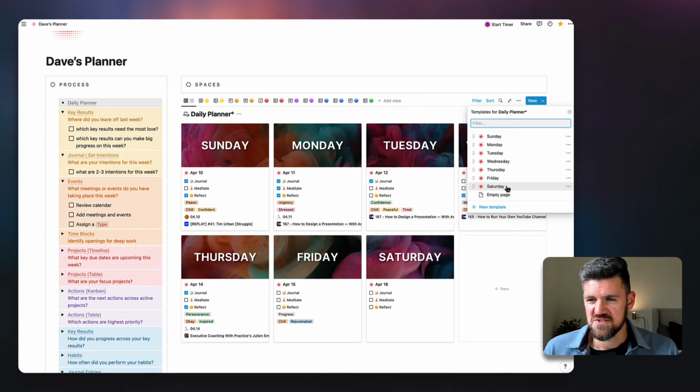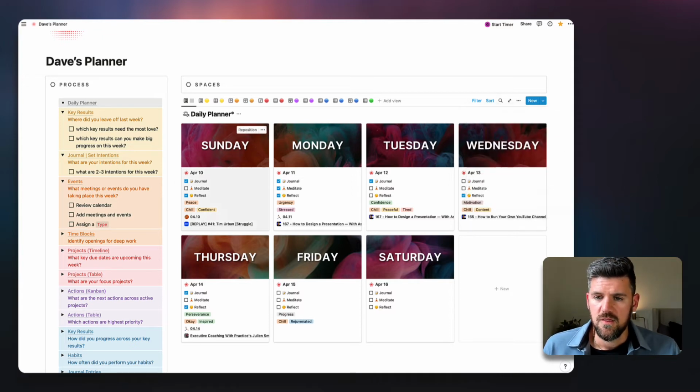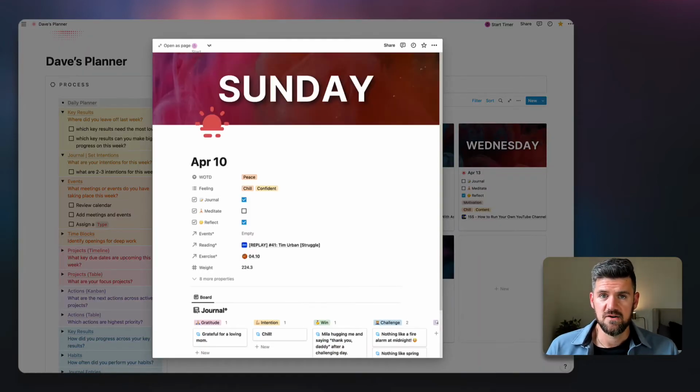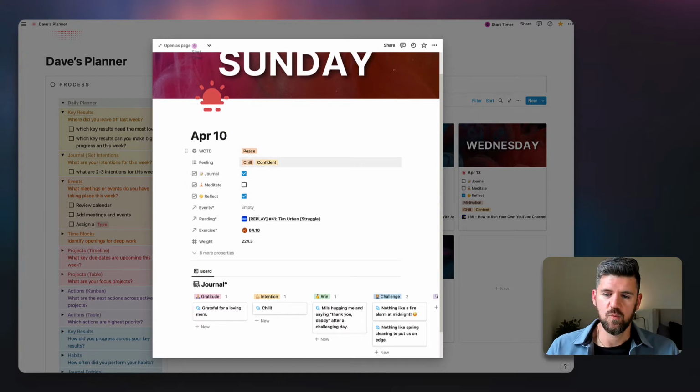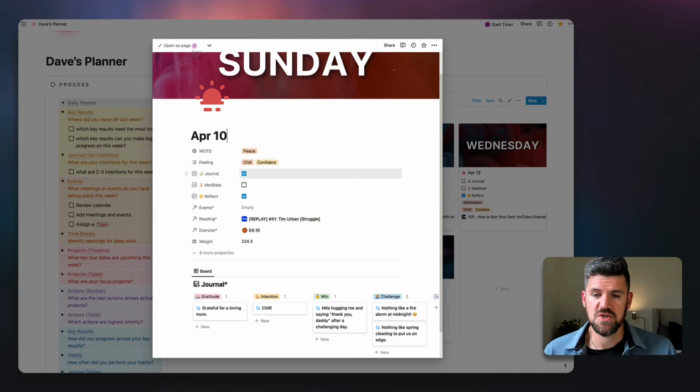You can see here there's a template for each day, so I bring in this cover image. If we open up this particular day, this is a daily planner, so every day has its own page, and there are really two key sections. There's a space to add a word of the day, tracking feeling throughout the day, and specific habits. In some cases we might be tracking habits elsewhere, but in this case I like to see how it's going throughout the week.